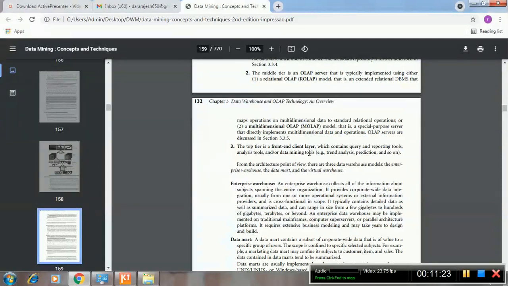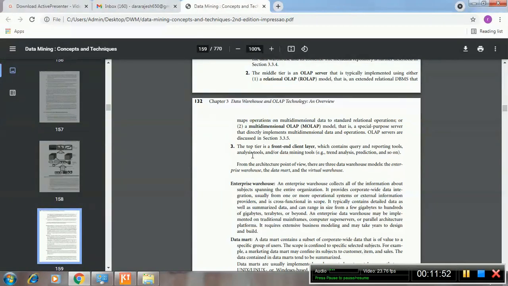Next, the top tier, that is the front end client layer, contains query and reporting tools, analysis tools, and data mining tools. These are the tools we use for querying, reporting, analyzing, and for extracting the data efficiently from OLAP servers.